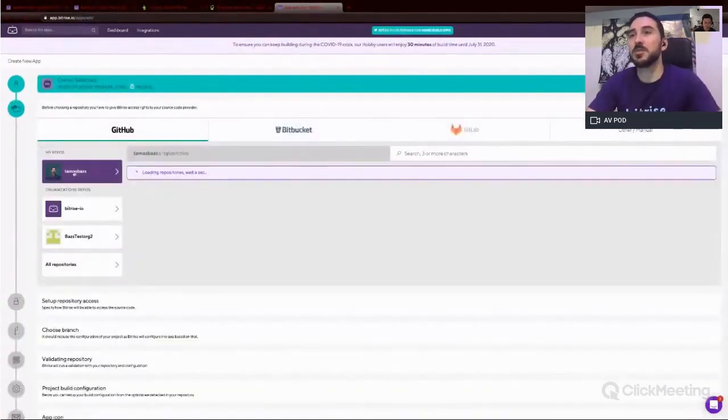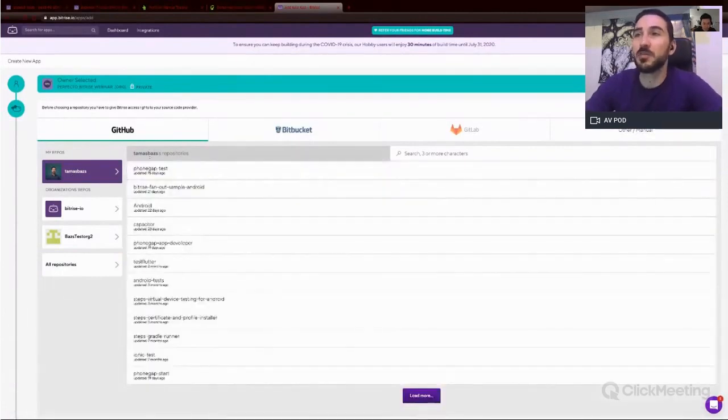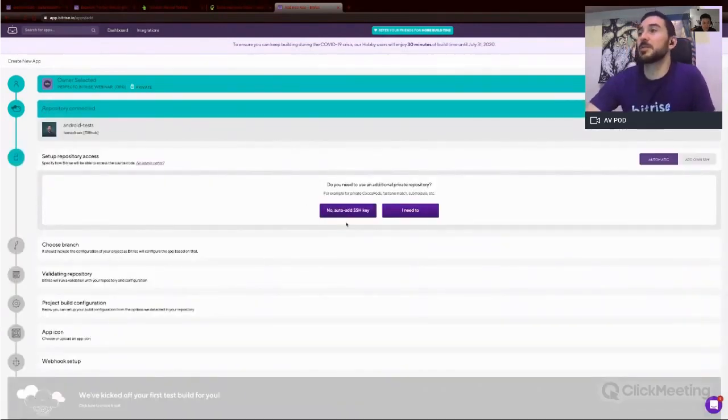And moving on to the repository selection. So I already have my GitHub account connected. I'm just going to select this repository, and I'm going to add an SSH key. So if, for example, you have any kind of private dependencies, for example, CocoaPods, or if you are using Fastlane Match or any other submodules,